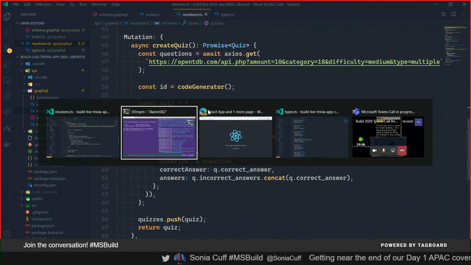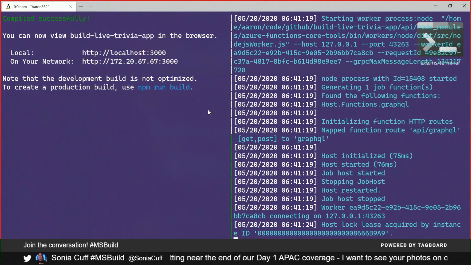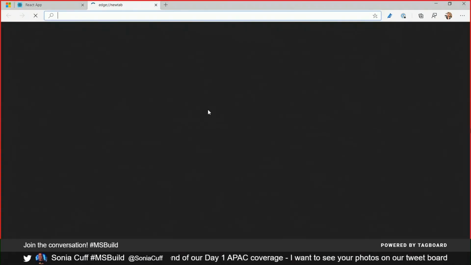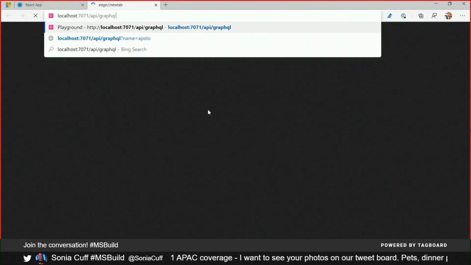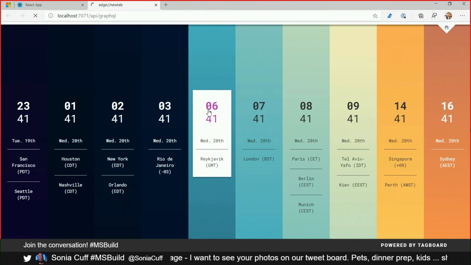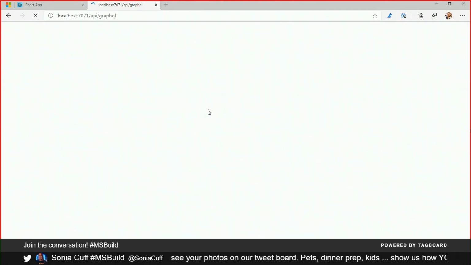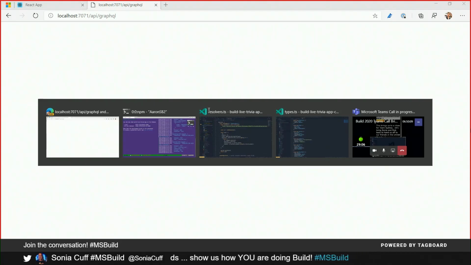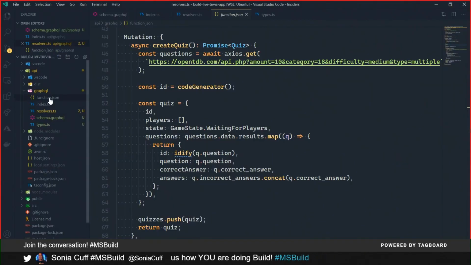And let's check back over here. Looks like Azure Functions is up and running. Because this is running GraphQL, I can go to localhost 7071, which is where Azure Functions renders, and I can hit the GraphQL playground, which is really cool. This is just exposed out from Azure Functions as normal, and I realized that I did forget one step along the way, which is to use the Apollo